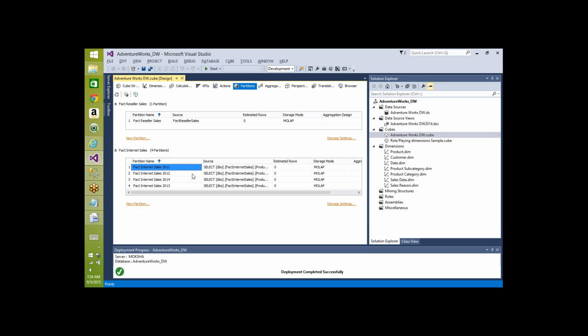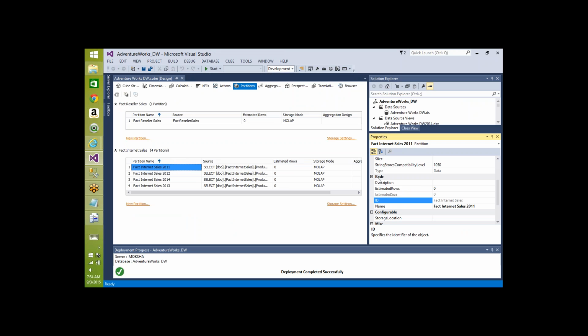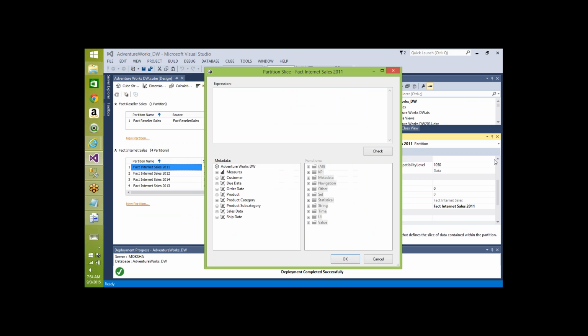So for 11, what I need to do is go to properties, and you have a slice option here. If you select here, let me do the same for color. Don't use the role-playing dimensions, because role-playing dimensions don't work with this slice property. I'm not sure, but I don't find anything on the internet which says that a role-playing dimension works as a normal dimension in the slice property. I'll check with Microsoft, but for now I'm using a regular dimension, and I'm going with color,